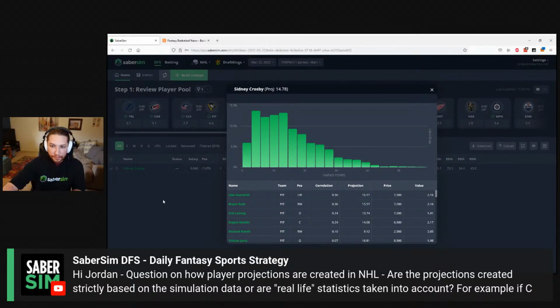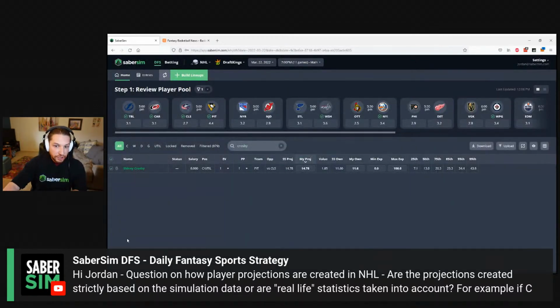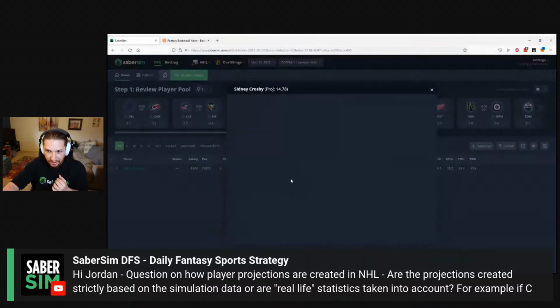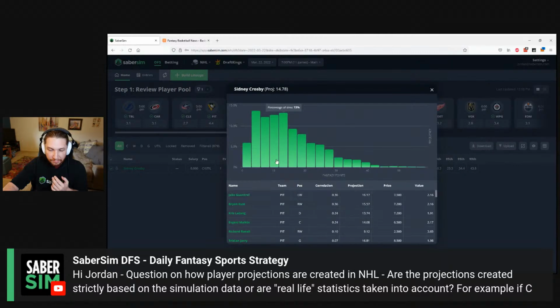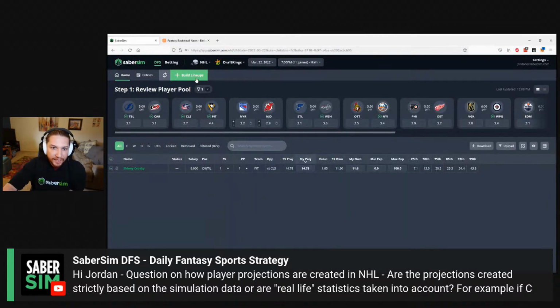The actual exact formula for that number is the total number of fantasy points that Crosby scores in every game sim we have for his game divided by the total number of simulations. That is all that number is, and that is all that number is used for in the app. It is a way of boiling this information down to one number to try to be as helpful to you as possible. The builder does not care what that number is. The only situation where the builder cares what that number is is if your sim variance is at 0.